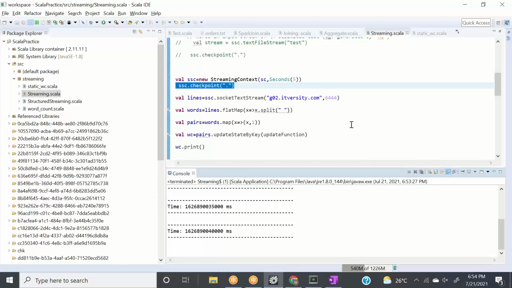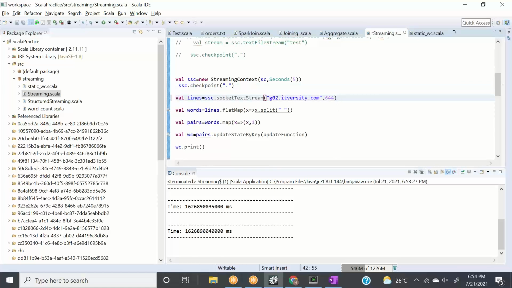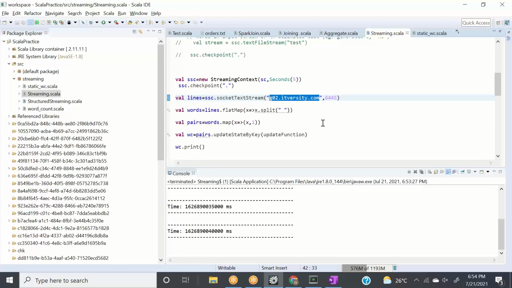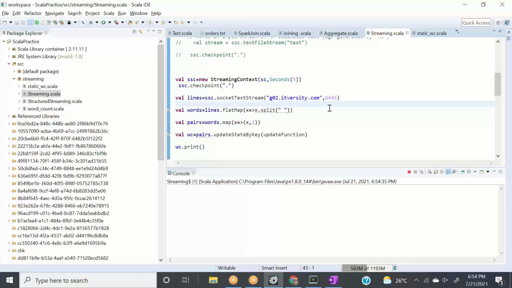Let's stop this, and let's pass this as 5, right? So what is going on, let me explain. Since my laptop crashed, and I had opened the application on 6444 with NC, my Netcat application, that port is still open and my program is still connecting to it, but I won't be able to see it because I won't be able to connect to that port, right? Simple. So now if I run this application again, it will fail. Why? The connection to this port is failing.